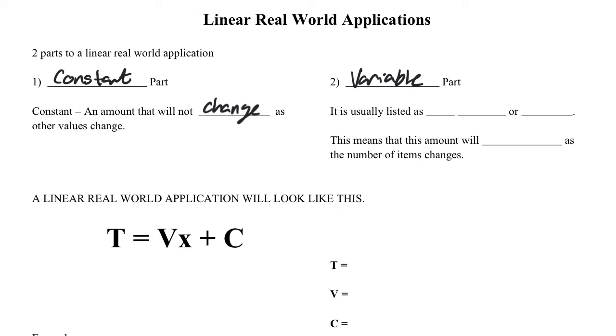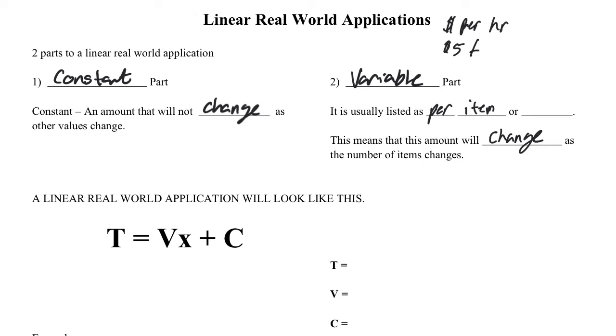The variable part is something that will be changing, typically as the number of items will change. So we typically see this listed as something like per. Often we'll see dollars per hour, thinking about how much you're getting paid. So we'll see the word item. So maybe it's